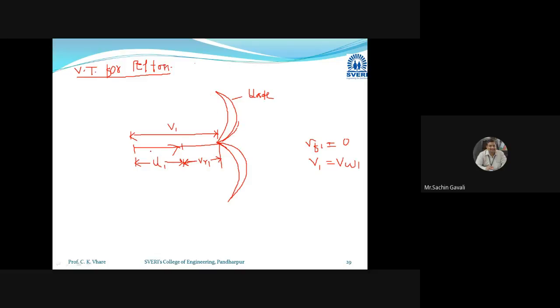Whatever water is coming through this particular jet will deflect like this. So this will be deflected like this, and this will move like this. And this is called the angle of deflection. This jet is deflected like this, therefore it is called the angle of deflection.